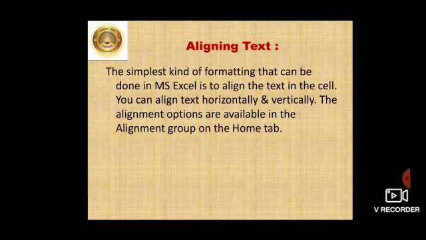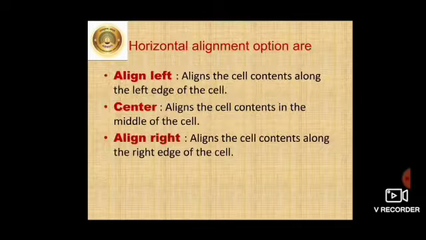The simplest kind of formatting that can be done in MS Excel is to align the text in the cell. You can align text horizontally and vertically. The alignment options are available in the alignment group on the Home tab. So, there are two types of alignment, that is horizontal alignment options are align left, that aligns the cell